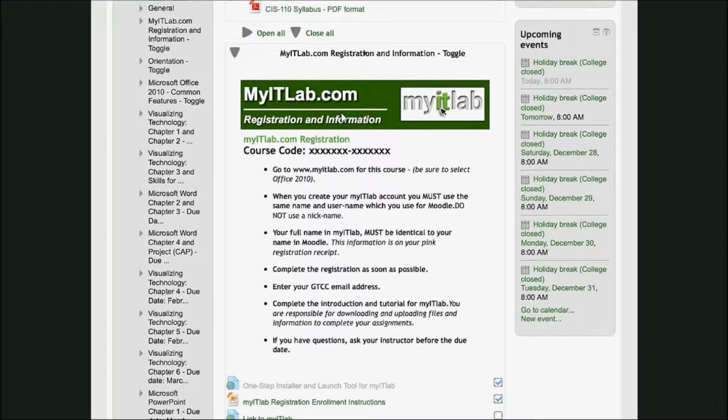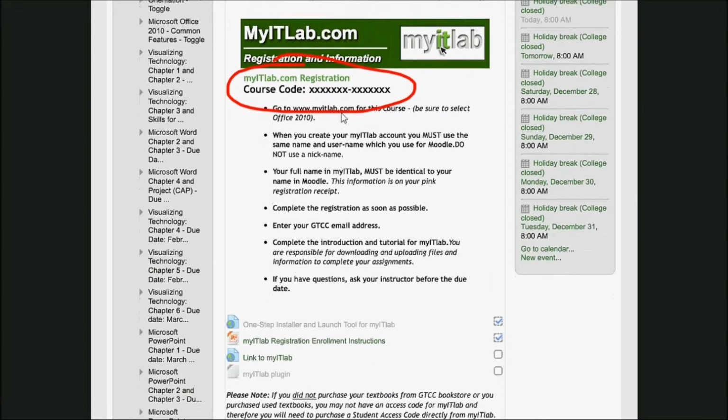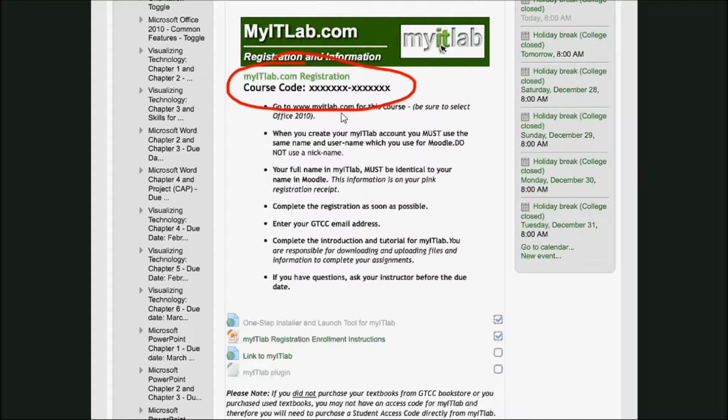Pay close attention here to the course code. I don't have it entered in here yet, but when the class starts you should see the course code in there that you'll use to register at MyITLab. The other thing to pay attention to is down here, there is the MyITLab registration and enrollment instructions. That's a PowerPoint presentation. You can download that and follow through the instructions,